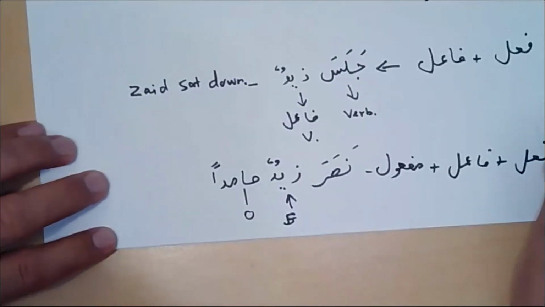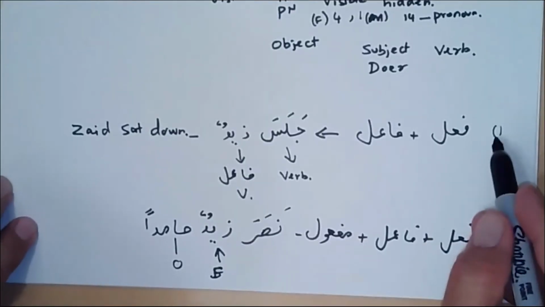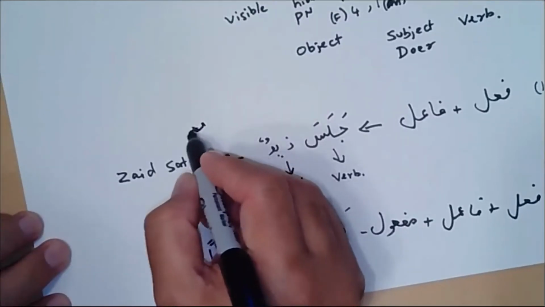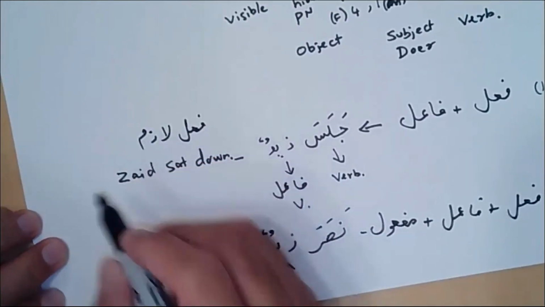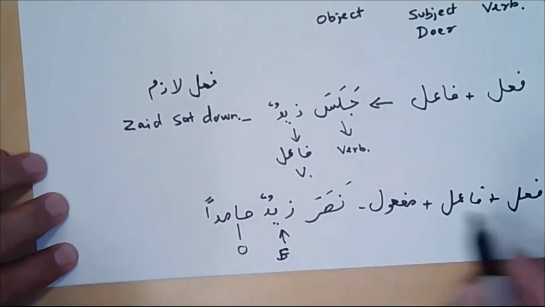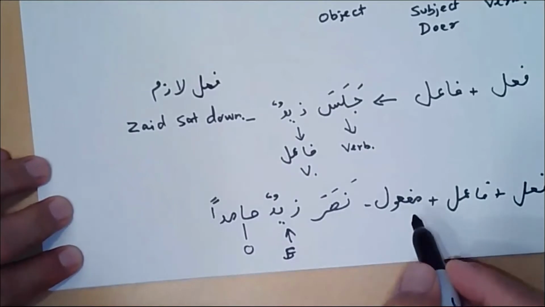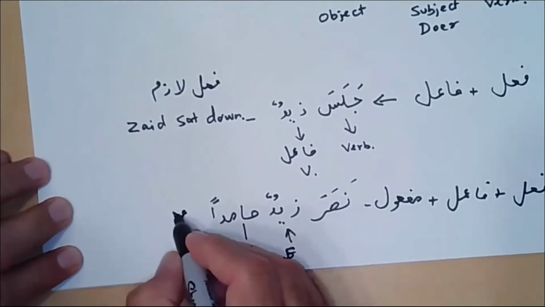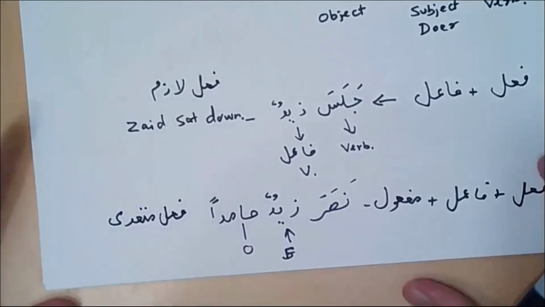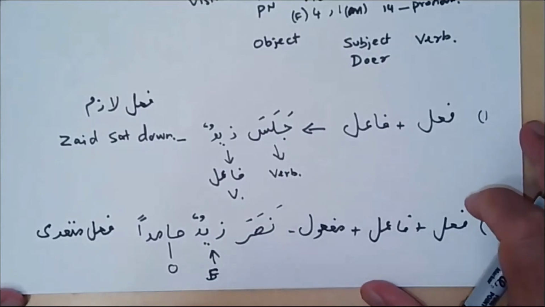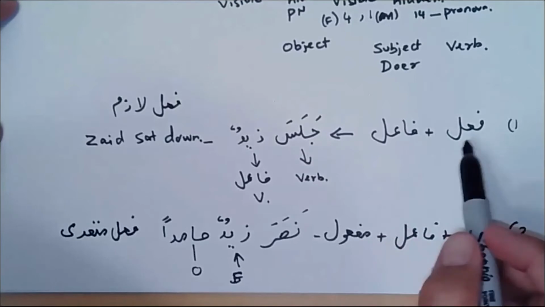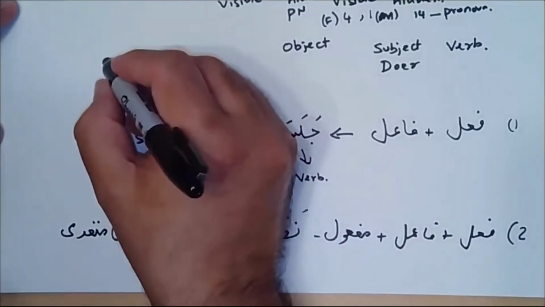So these kind of sentences where you don't need the maf'ul are known as fi'l lazim. And then for the second one, where you must need the maf'ul, they're known as fi'l muta'addi. Are we good with this? So the very first thing you should know from this: if we are dealing with fi'l lazim, no